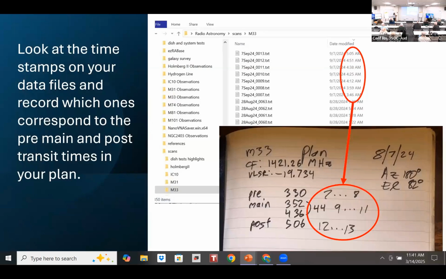Then after you're done collecting your data, you've got to analyze it. The IF averaging plugin generates files with whatever file name you choose, and then it appends an index number to the end of it, and they just go in order. I look at the file data to see what the timestamps are on those files, and then in my notebook, my observation plan, I figure out which file index numbers go in the pre-transit bucket, the main transit bucket, and the post-transit bucket. And that's what I use to choose which files I suck into